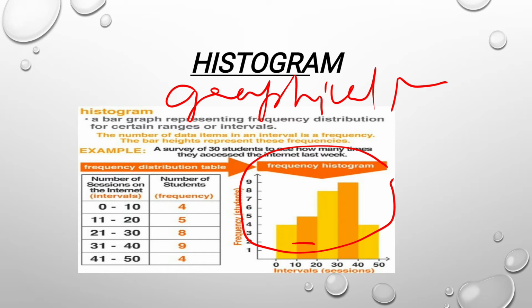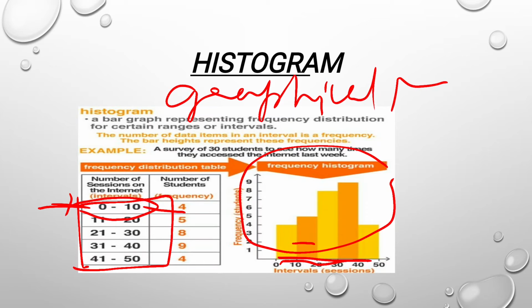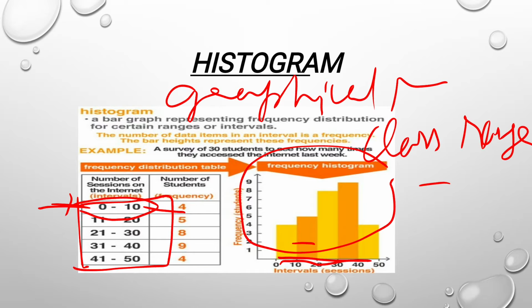Here you can see the variable on the x-axis is a continuous one. That continuous variable is divided into class intervals. Each class interval has one lower limit and one upper limit. So there is one formula for class range. Class range or class size is equal to upper limit minus lower limit. I hope you get an idea about a histogram.